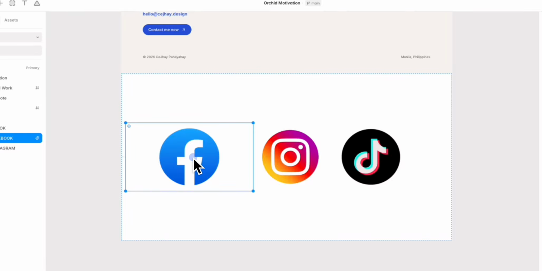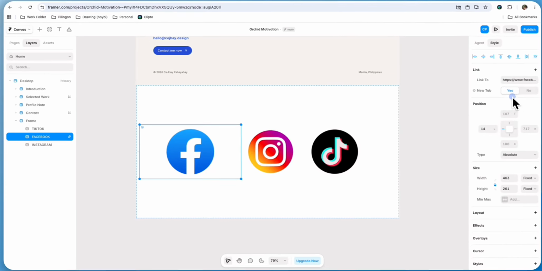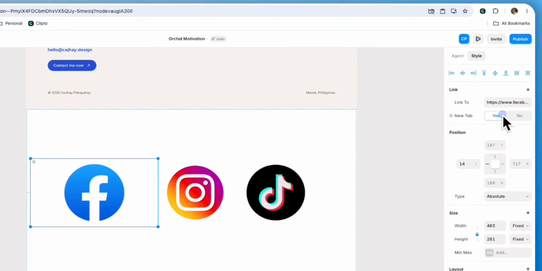And now select it, then keep the frame selected and look for the properties panel on the right side. And find the link section, then paste the correct social media URL into the link to field. So for example, you can add the link to one of your social media profiles, and once the first link